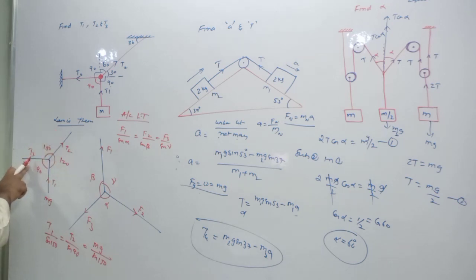So T3 also you can find out. T3 divided by sine 120, T2 divided by sine 90, T1 divided by sine 150. Okay. So T1 and mg both you can take, anyone you can take, because T1 is equal to mg only, and the total system is in equilibrium now. Okay. So you can take either this or this, both are same. I think you can do this one.